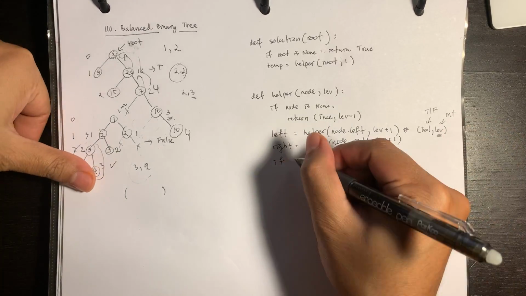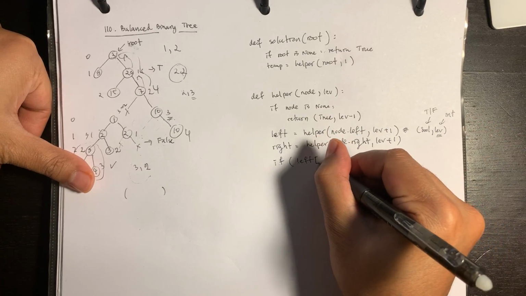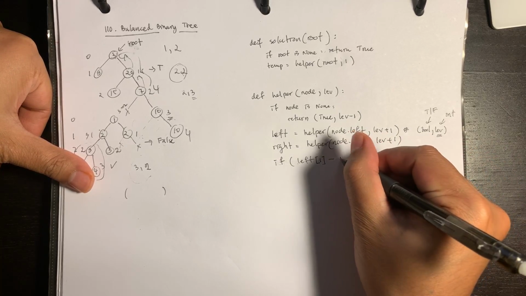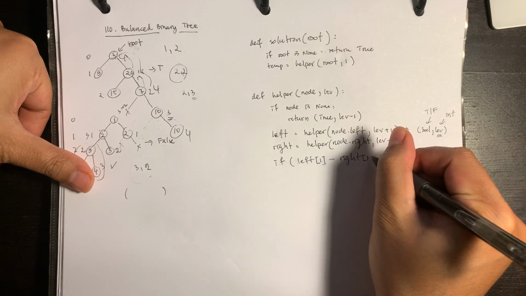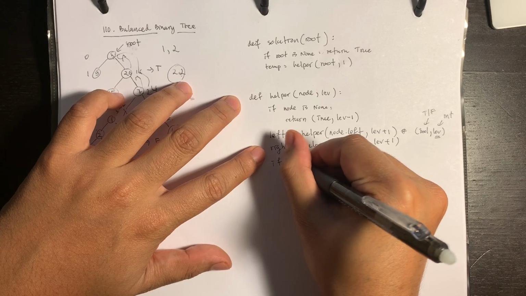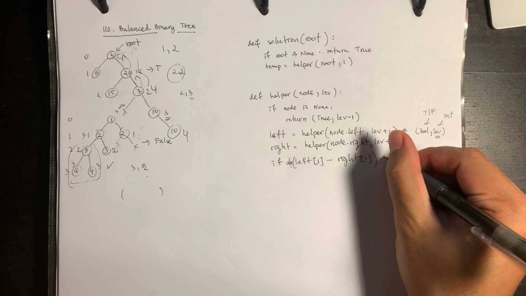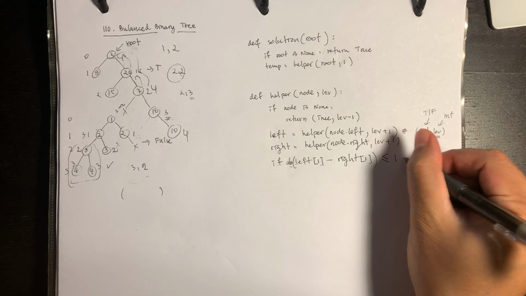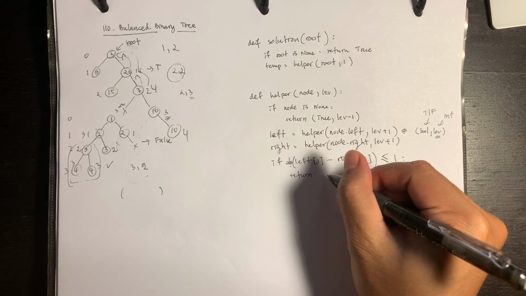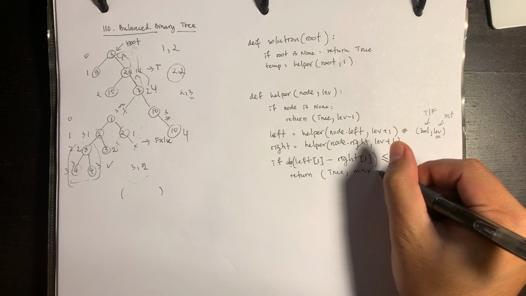So if left, so it would be index 1, minus right index 1 is less than, no, less than or equal to 1, you want to return true. So basically you want to return true, and then here is basically just the maximum of left,